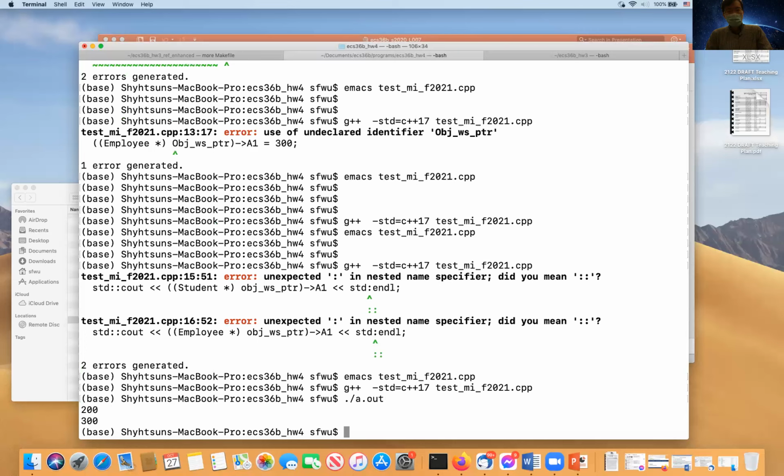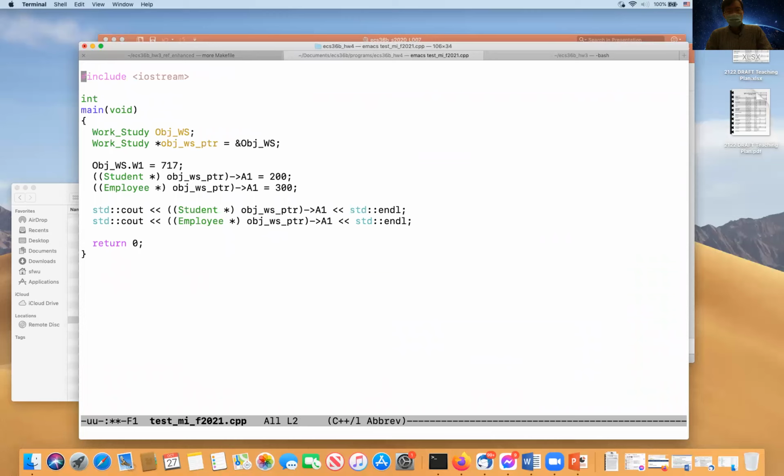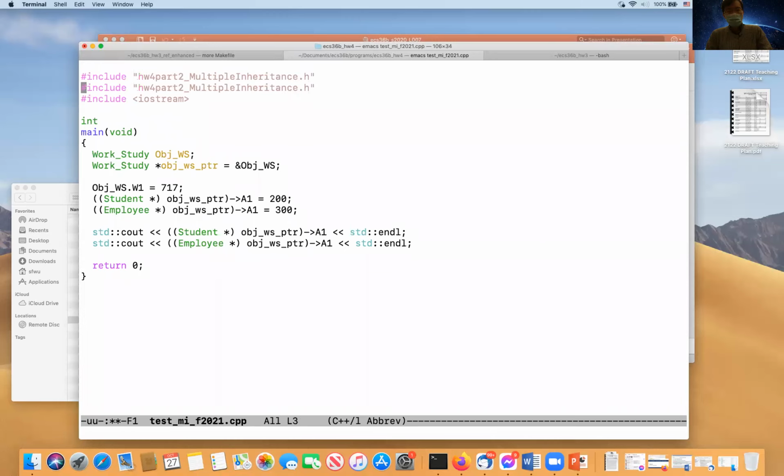Okay, so what I need to do next is try to change one aspect of the program like this. If I change this, let's see the difference.